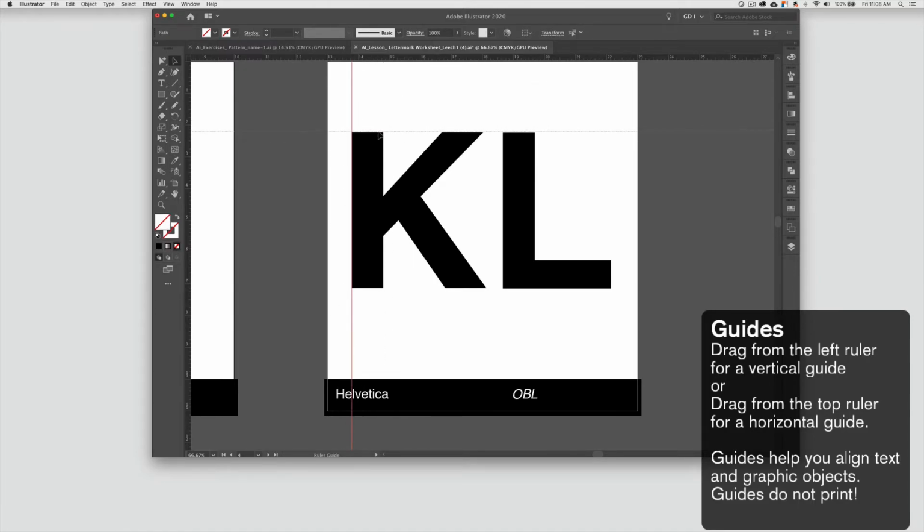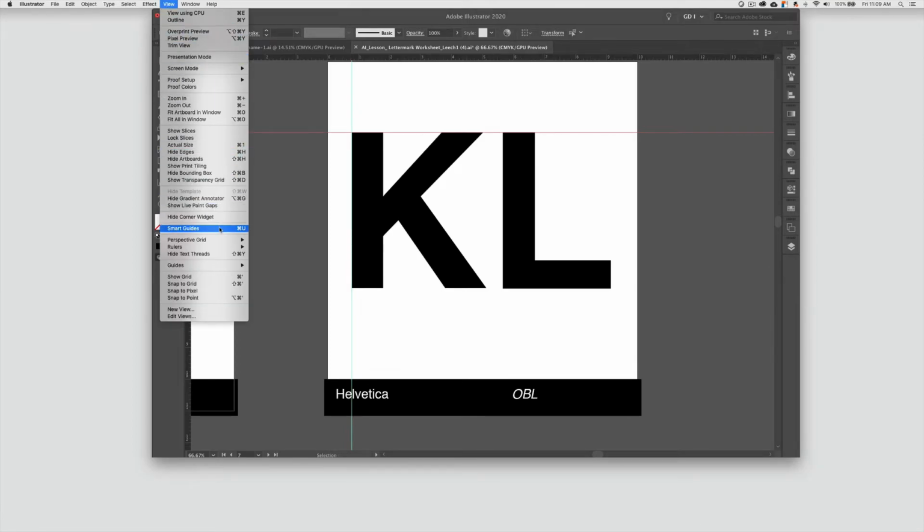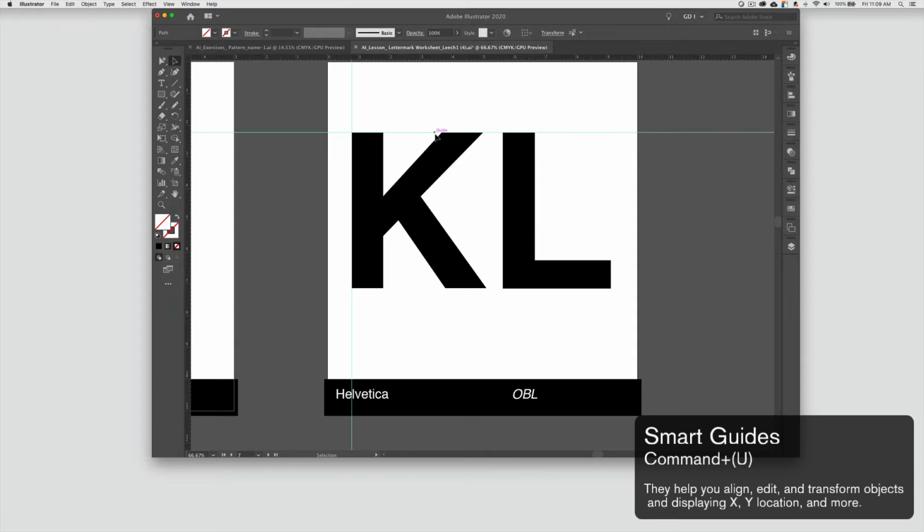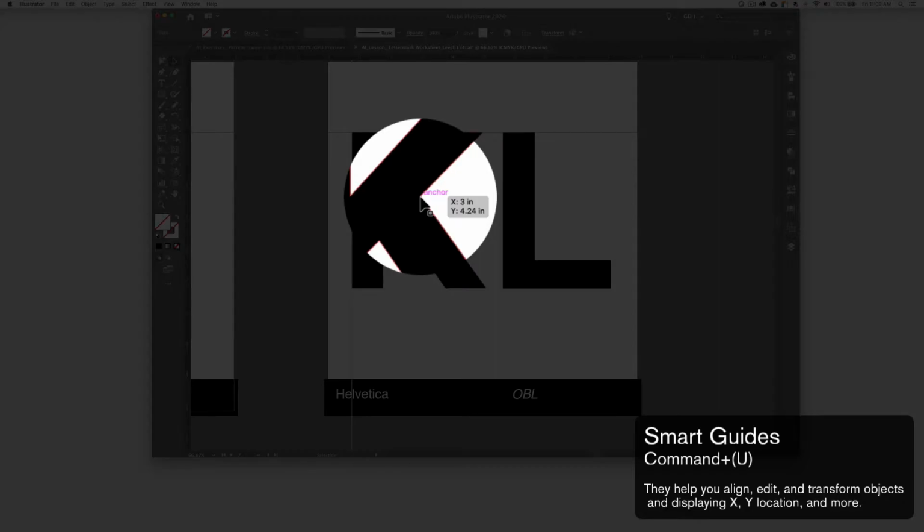You can pull them out to make sure that you have everything aligned. It also has a smart guide. A smart guide will really tell you exactly what your select tool is on. So this is indicating I'm on a guide. It'll show me that I'm on the path of an object. It'll show me where the anchor point is, so I can get the math of exactly where this location is